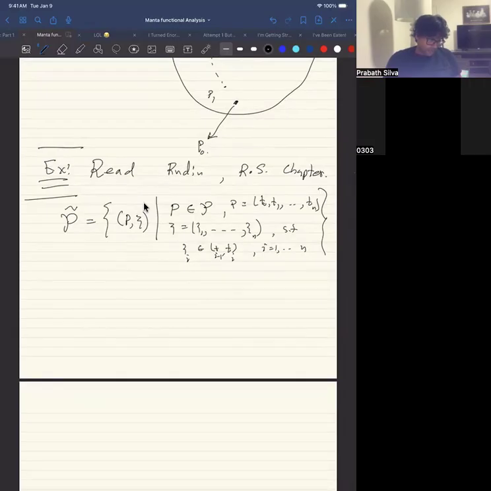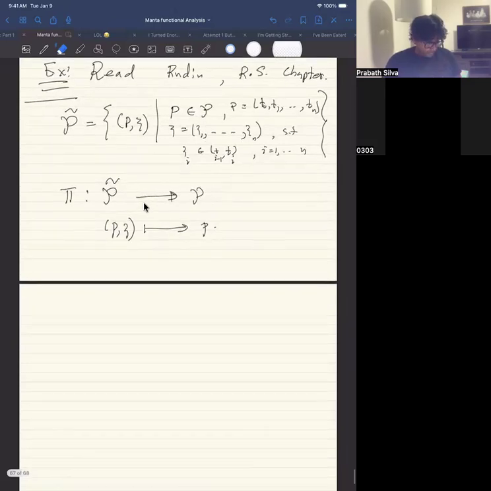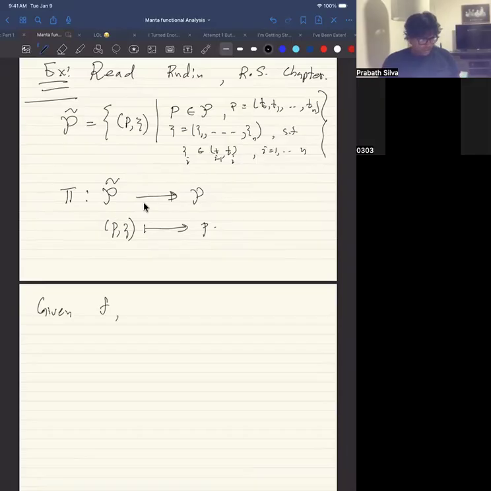Let's consider this map pi, from here to here, which is just defined by P, because (P, C) gets mapped to P. With the Riemann sums you kind of introduce the supremum and the infimum in the interval. And then, given f and alpha,